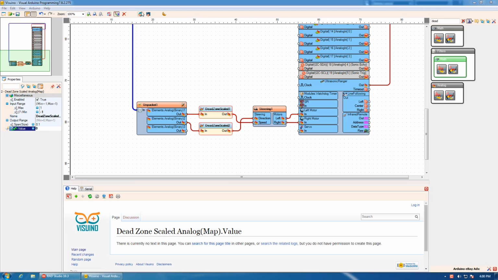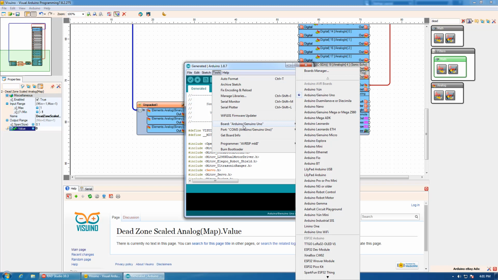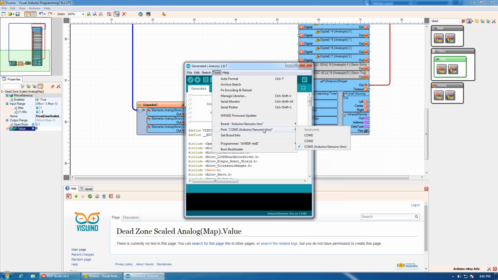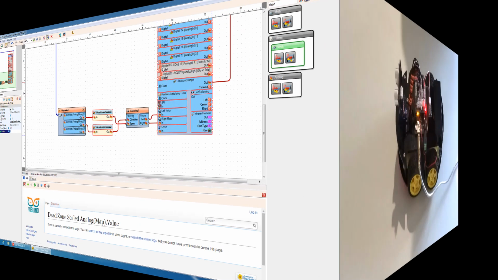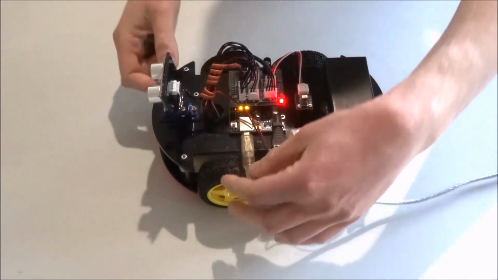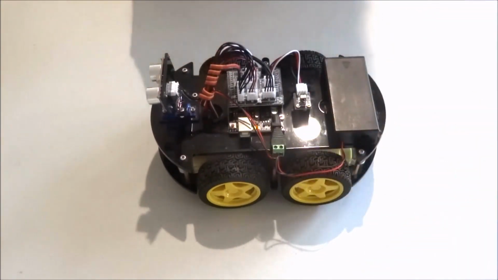The project is ready. Click on this button to generate the Arduino code and open the Arduino IDE. Make sure that Arduino Genuino Uno is selected as board and select the COM port where the Arduino is connected. Click on this button to compile and upload the code. The code is uploaded. Now I can go ahead and disconnect the USB cable from the robot